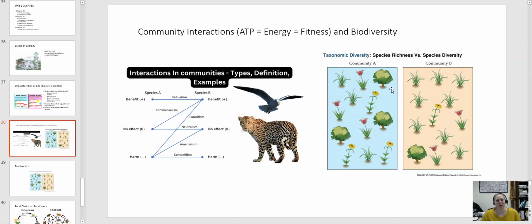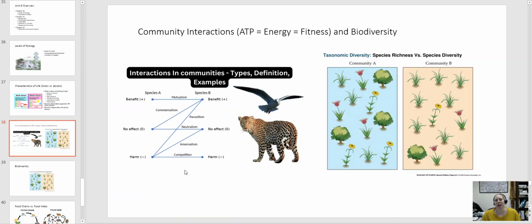A good biodiverse community is going to be evolving together, and we're going to see balanced community interactions. We did talk about mutualism, commensalism, consumption, and then competition. And remember, we talked about it in terms of plus plus, plus minus, plus zero. I have a couple more on here just because I think it's of interest. But